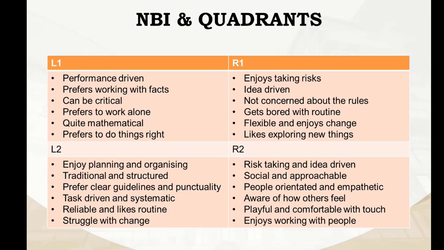The last quadrant is the R2. They are also risk takers and they are also idea driven, but they're not as flexible as the R1s. They're very social and approachable. These ones, when they study, they prefer to be in a group, because their study approach is, I need to